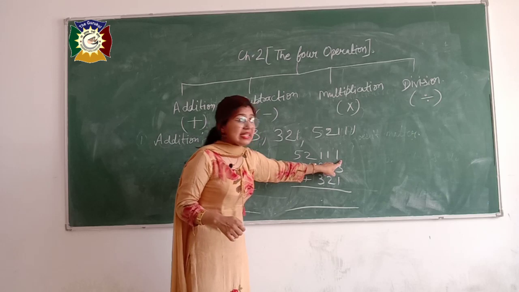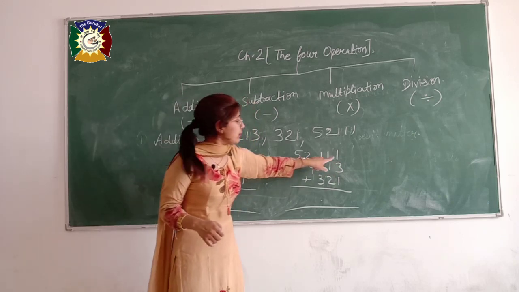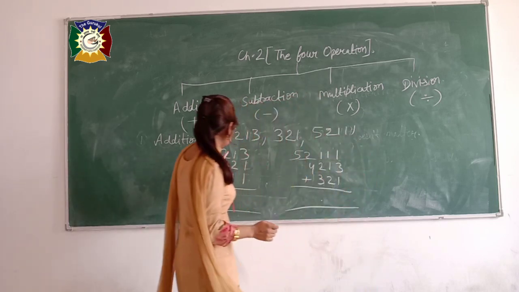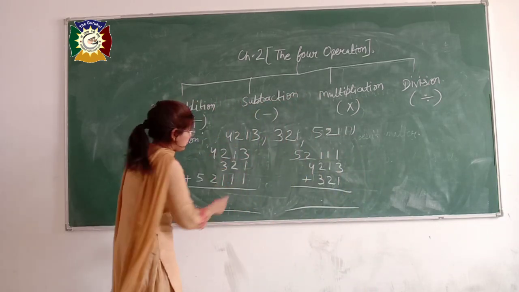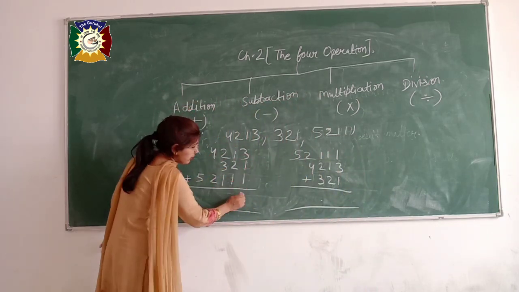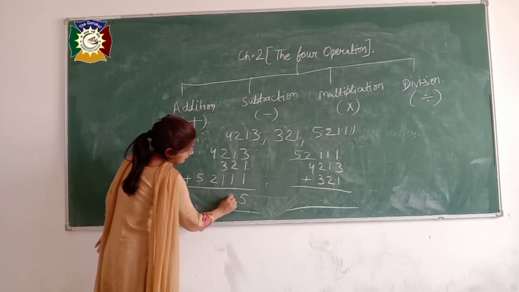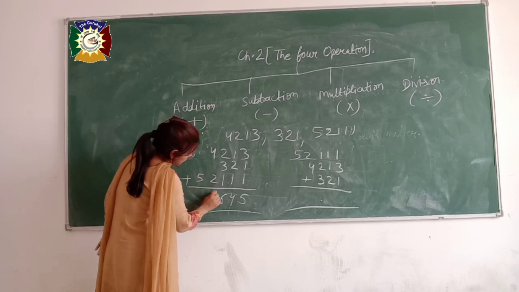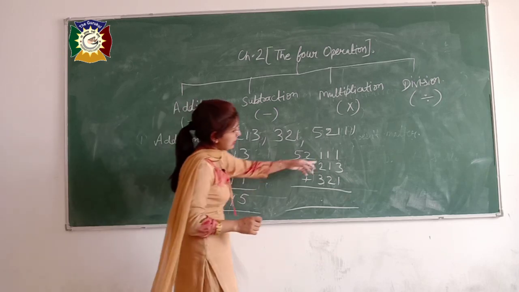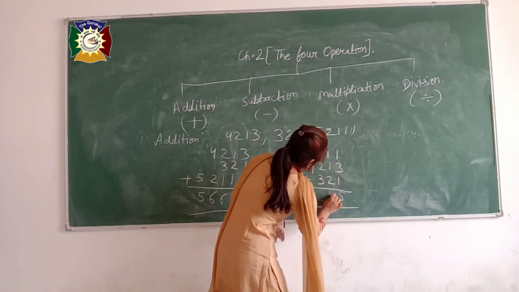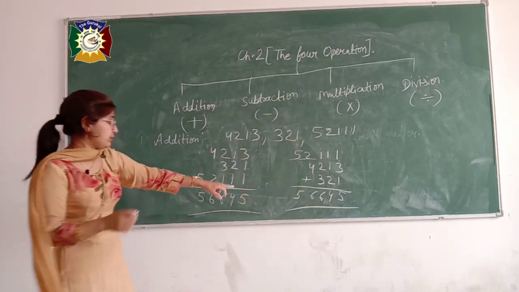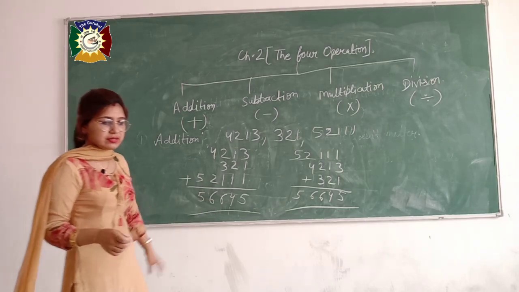And boys, keep it in your mind. Write it from the right side to left. Write your number from right to left. Don't write it like this. First of all, I want to solve this. 3 plus 1, 4 plus 1, 5. Here again, 4, 2, 3, 1, that is 6. And this is 4 plus 2, 6. Same answer you will get here. You can calculate 5, 4, 6, 6, 5. But you see, same answer you got in both the cases.